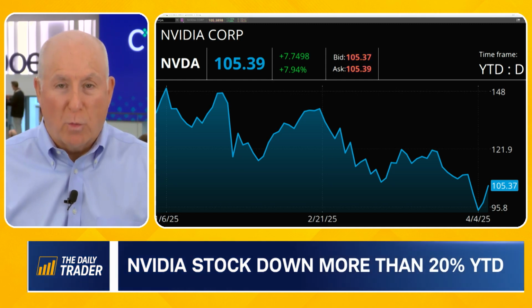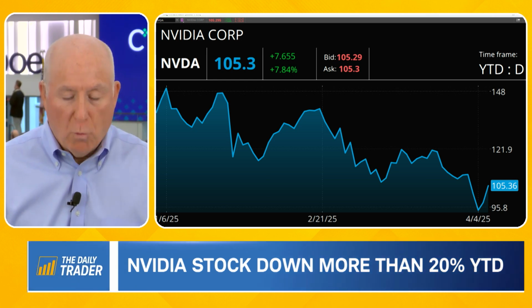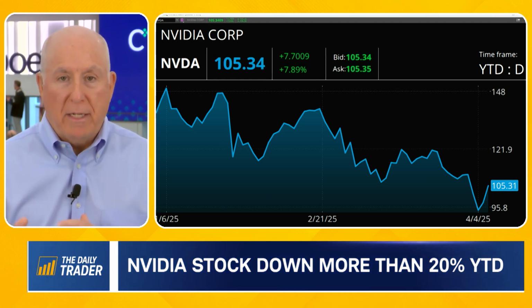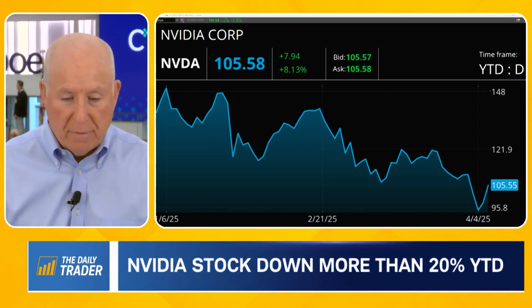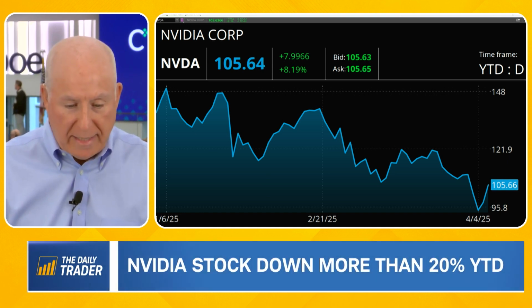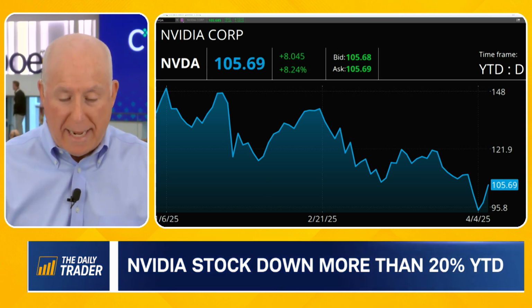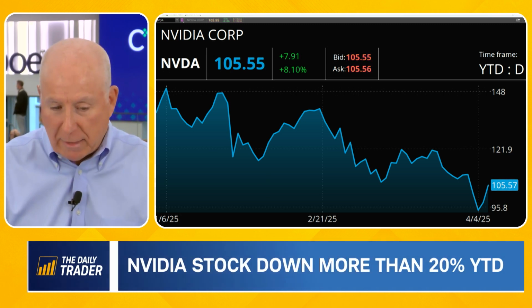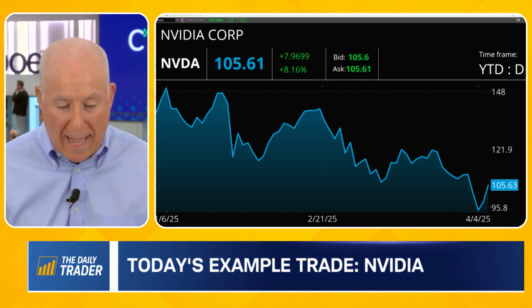Let's get to our first one, which is Nvidia. So, Nvidia, when we look at something in short Vega, we can look at the short put vertical. So what I did here in Nvidia, I looked at the expected move. I went out till May 2nd, so 24 days. And I looked at the expected move of $15. I went a little inside that, so I sold